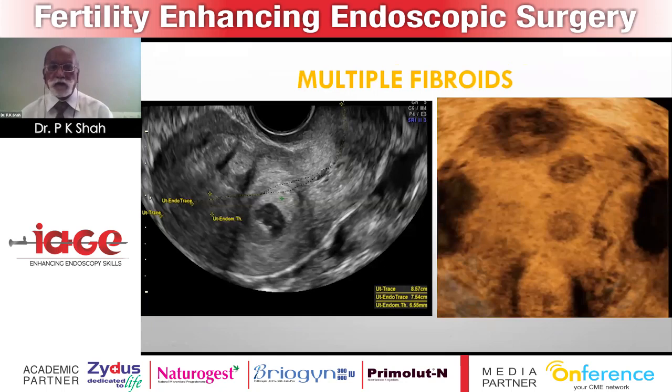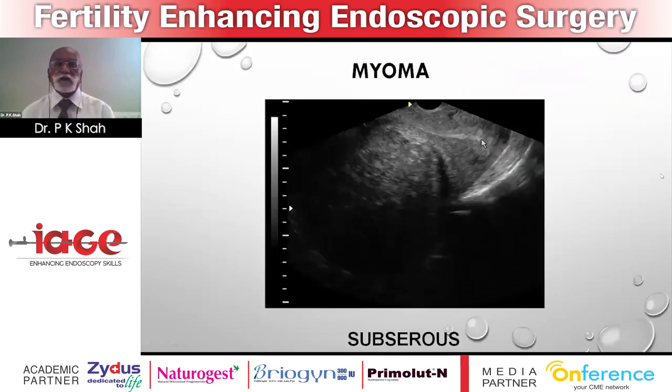Now here you have multiple fibroids. So when you're doing surgery, you can do tunneling and remove each and every fibroid once you know exactly how many fibroids are there in which wall. This is a huge anterior wall subserous fibroid, intramural becoming subserous. You can see the endometrial cavity, the posterior wall, and the huge subserous fibroid is seen in the mid of the uterus.